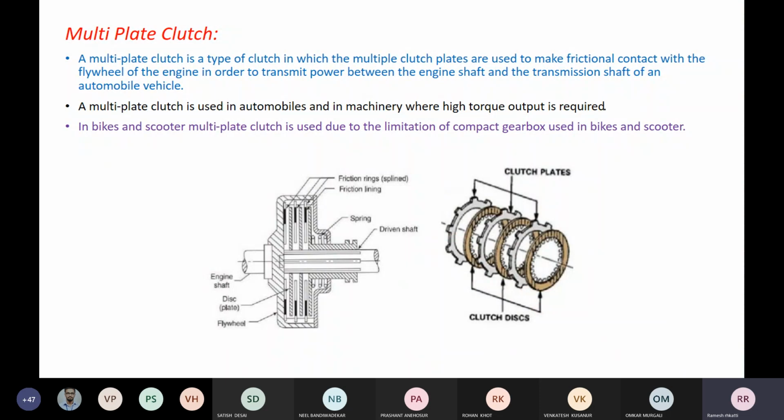This is about the different types of friction clutches, and one more is the cone clutch. First I will derive the relationship for the frictional clutch, that is, the torque analysis on the plate or disc clutch. After that, I will show how the design of these clutches is done. After that, we can take the cone clutches.